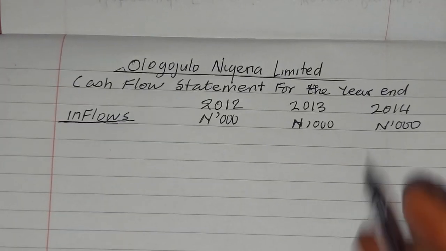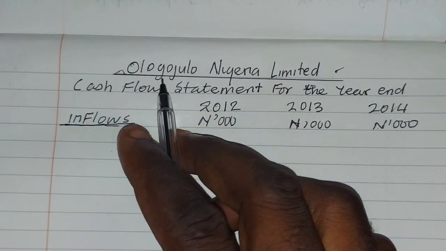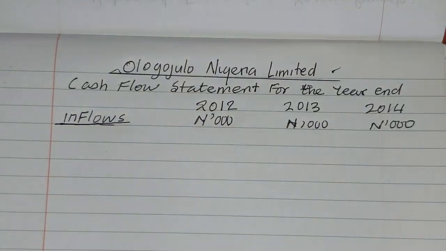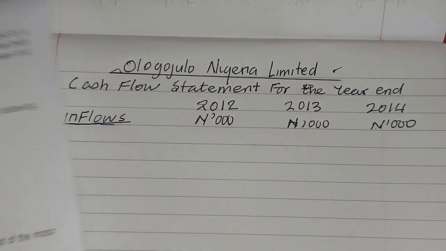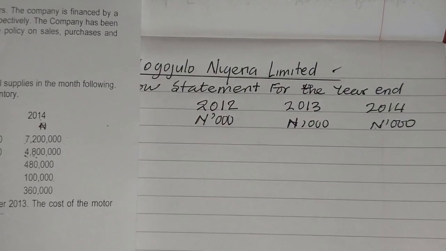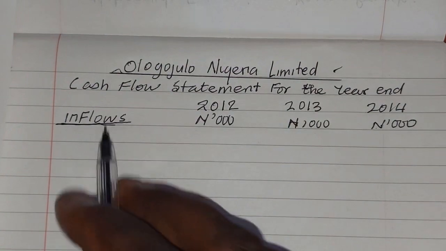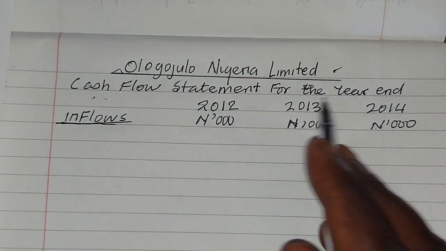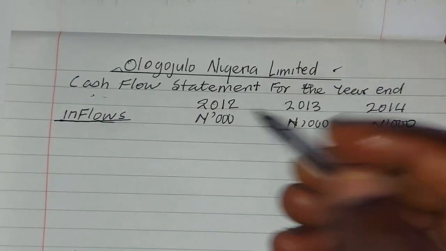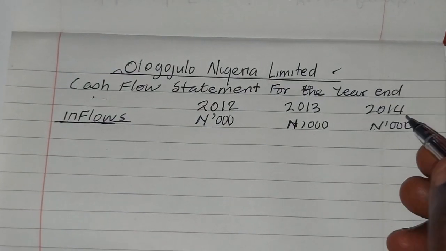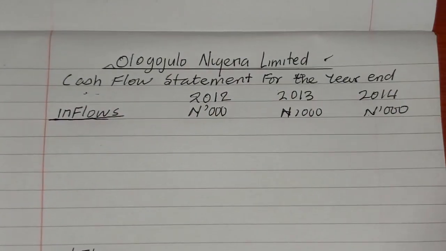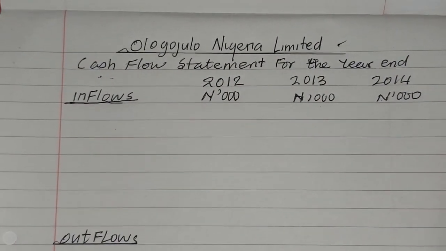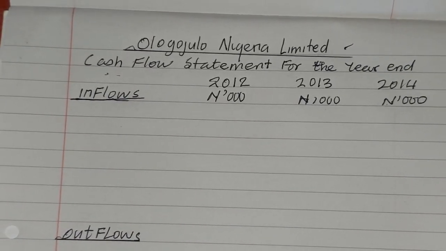So you first write the name of the business, Ologojulo Nigerian Enterprises. In the first video, where we prepared profitability statements, the question has been read, but now we want to prepare the cash flow statement. So you write cash flow statement according to the requirements, 2012, 2013, and 2014. That is the required year to be prepared. So students should take note of that. Now, we are going to start